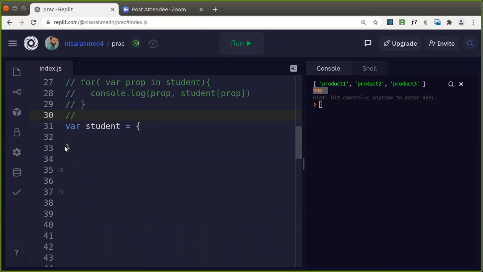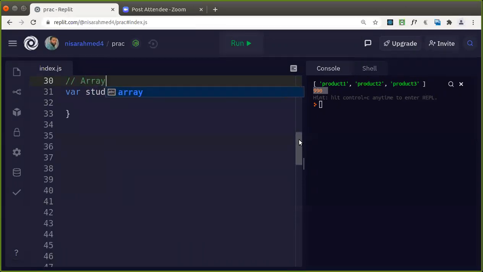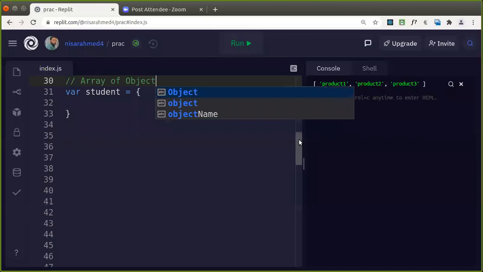So the next concept is array of objects.